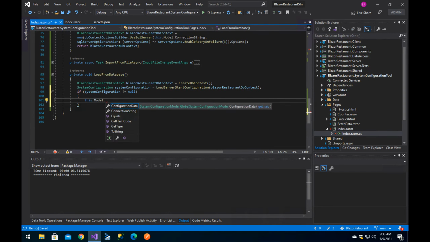And it has configuration data here, which is of type system configuration model, right? So we'll do this .model configuration data equals system